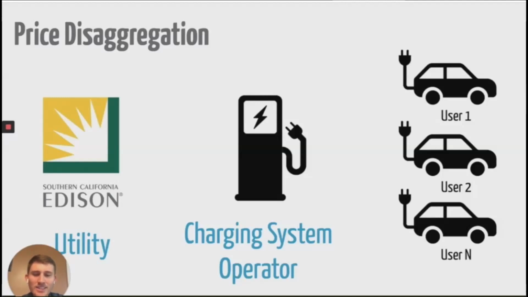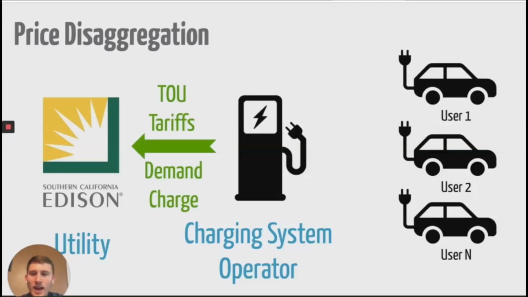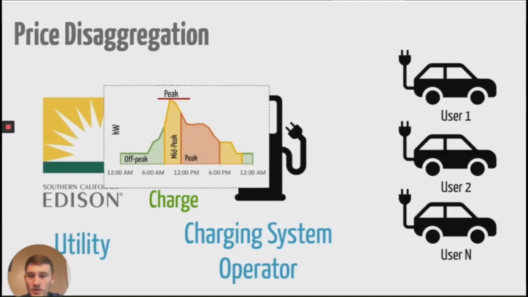If we think about it, as a charging system operator, I have to pay the utility a commercial electricity tariff for the energy that I use. And that tariff usually has two parts: a time of use rate, which is based on when I draw energy from the grid, and a demand charge. The demand charge is calculated based on your peak usage over an entire billing period, which is typically 1 month. You multiply the maximum power draw you drew from the grid in any 15-minute period during that month by a price, which is typically $15 to $20 a kilowatt.